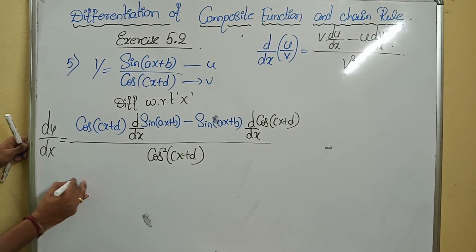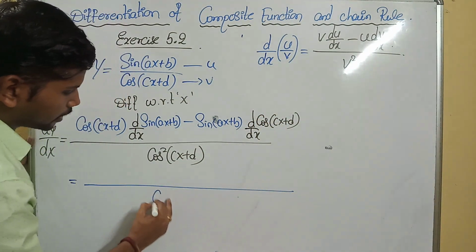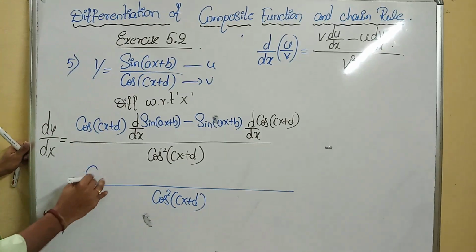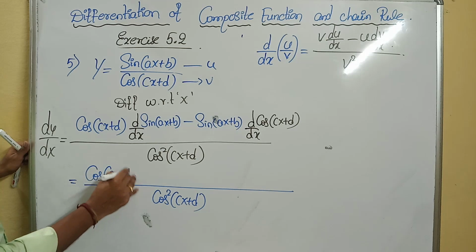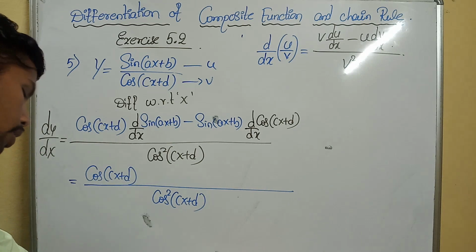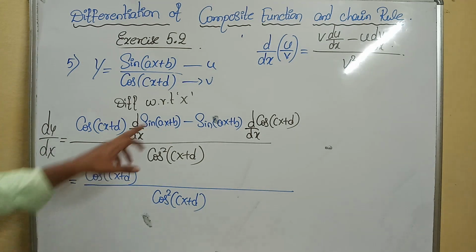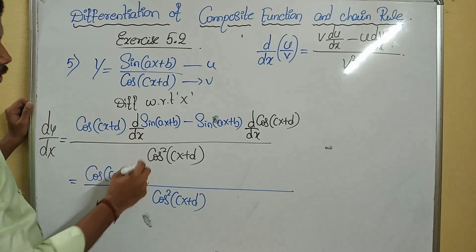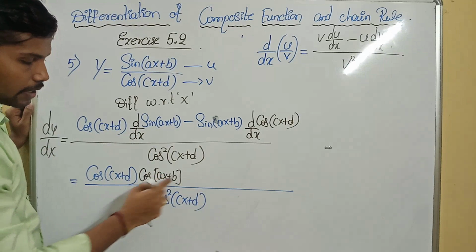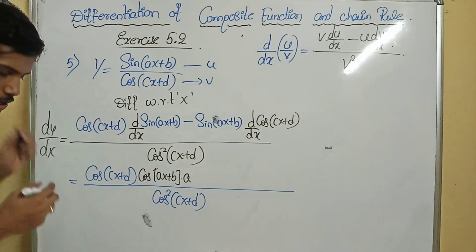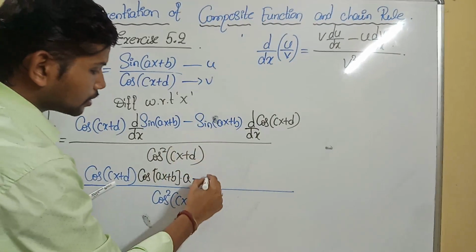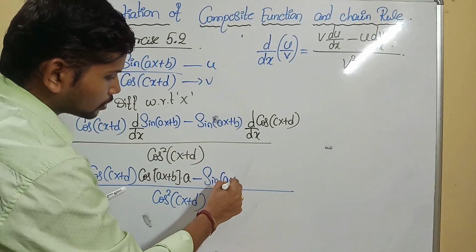Then after this one, it is very simple to write the derivative of the function, cos square of cx plus d. Okay, numerator cos of cx plus d. Okay, instead of applying the chain rule for sine of ax plus b, we already solved the second question, same part. What is derivative of sine function? Cos of ax plus b. What is derivative of ax? Into a. B derivative will be 0. Understood? After this one, minus as it is sine of ax plus b.